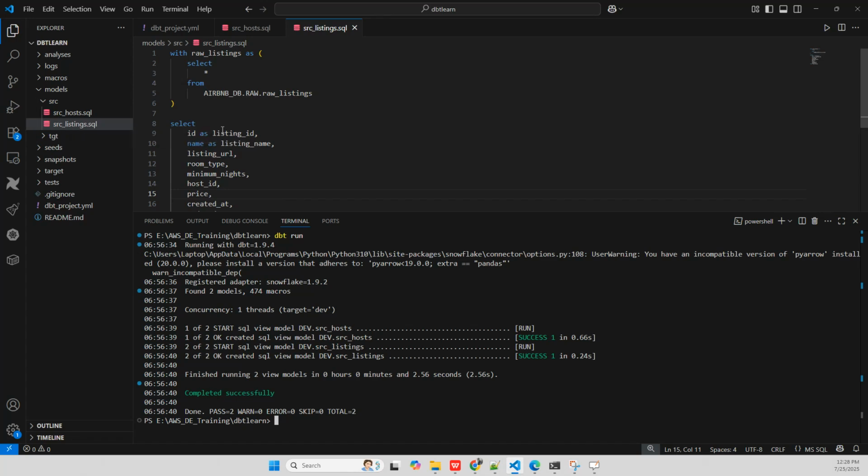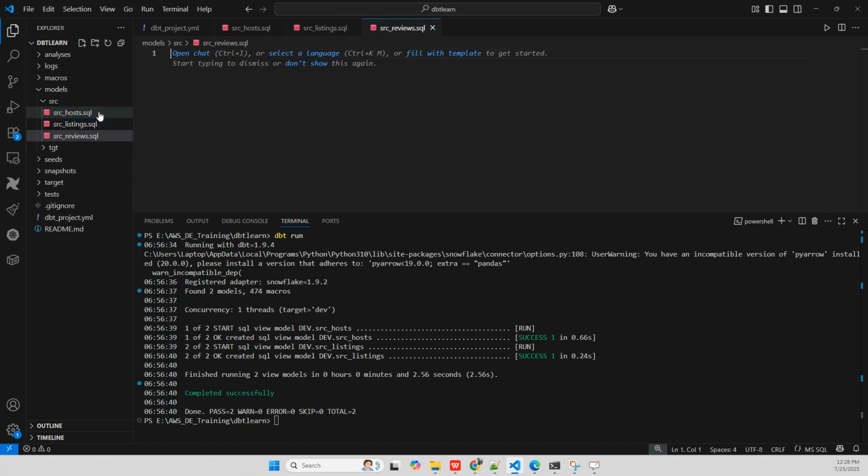This is SRC listings. In the same way, let us create one more model, that is reviews: SRC underscore reviews dot SQL. Again, a model is nothing but a SQL file. Now here you are going to write the SRC reviews. Again let us start with a CTE. What is the CTE name? Let's give the same as the table name. The table name is raw reviews. With raw reviews